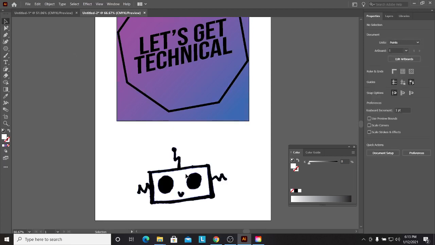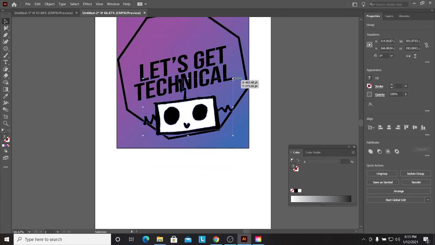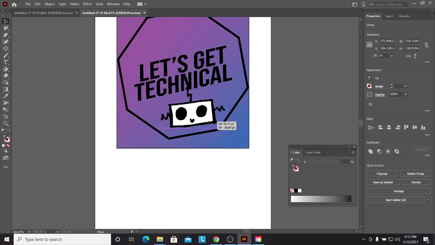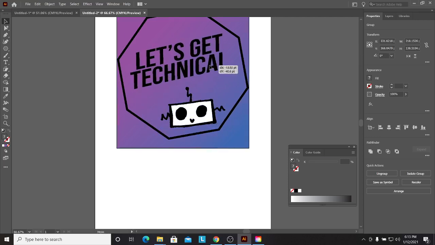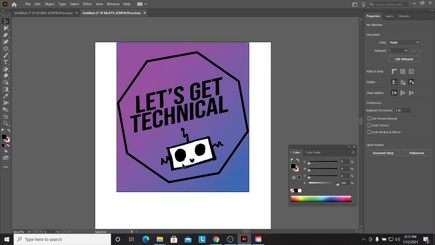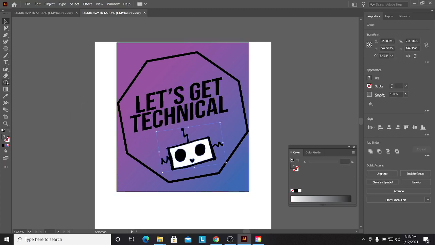And now I'm going to add my robot to my logo. So I'm going to hold Shift and drag to make it smaller. Put him there. And there we go, we've added him. Now it might be nice if I didn't have this white background for him. So what I can do is simply click on him, hit the Shape Builder tool, and then